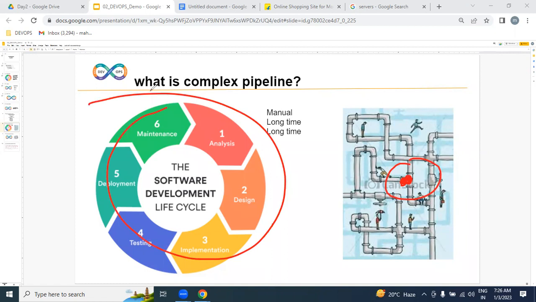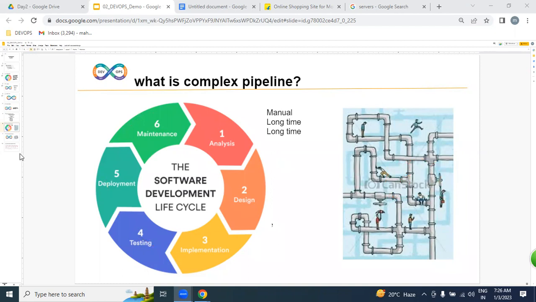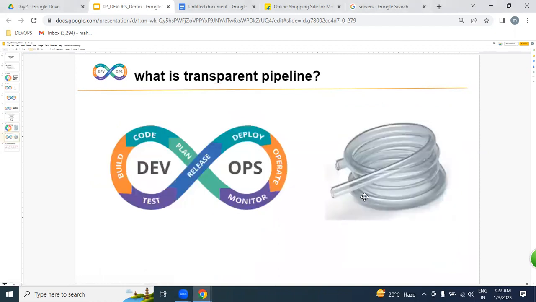But what are we expecting? We are expecting a transparent pipeline. The same water pipeline, but transparent. Everything is visualized. If we get any issue, any blockage in the middle, with one look we can know what the issue is. By seeing it, we can know what the problem is, and we can give the solution as soon as possible.